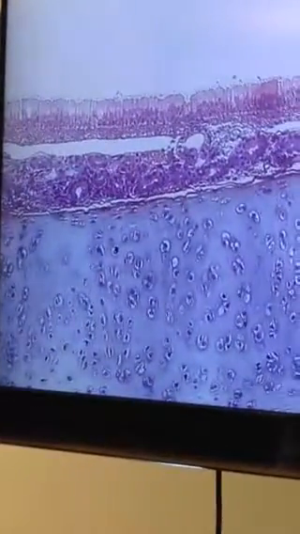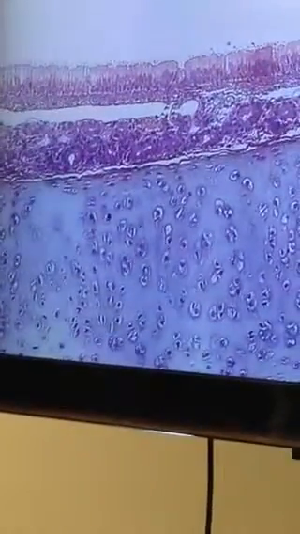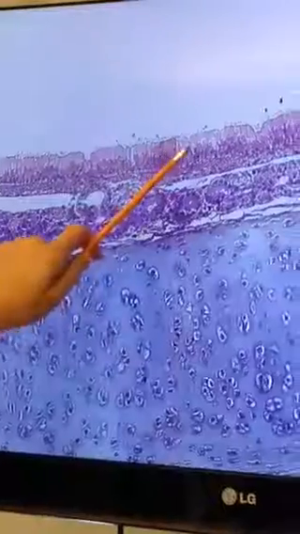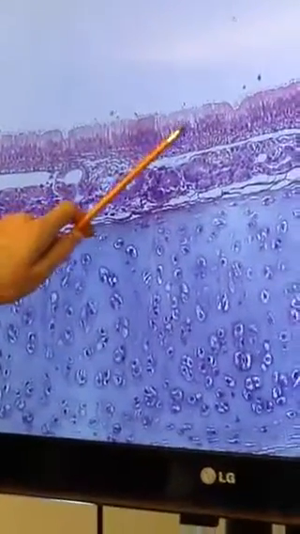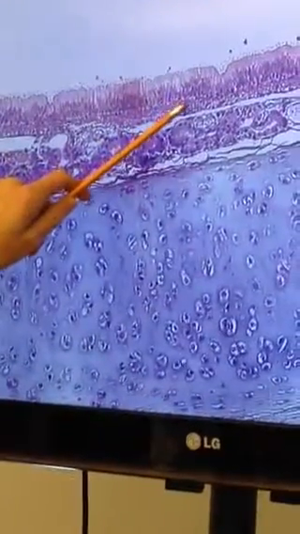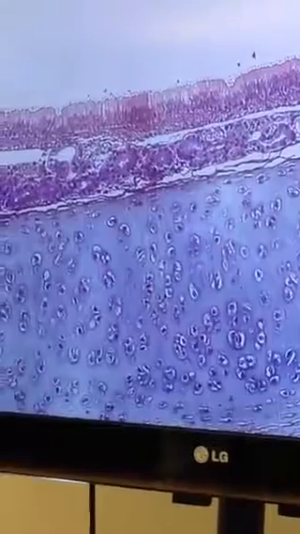So, on low power, the trachea, that's your windpipe. So that would be the lumen where the air is. This, and I'll go to higher power in a minute. This is the pseudostratified columnar ciliated epithelium. This is the same slide you would have used in 204 when you did the tissues for that epithelial type,